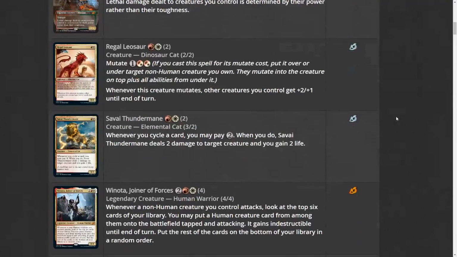relying on this effect. Regal Leosaur is a 2 mana uncommon 2/2. You can mutate it for 3, and whenever this creature mutates, other creatures you control get +2/+1 until end of turn. If you are going for a go-wide strategy, and that can be in non-red decks because the mutate cost is hybrid, then this might get played. I am afraid that just casting a pump spell that gives everything +2/+1 is better, and